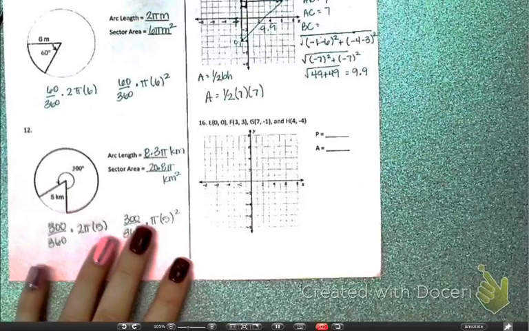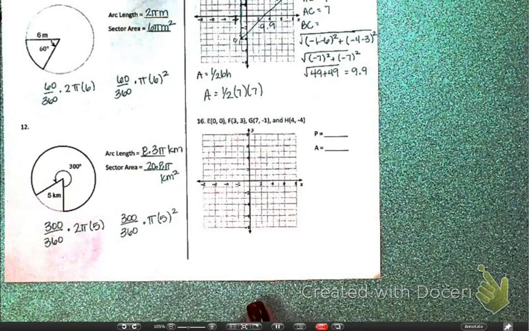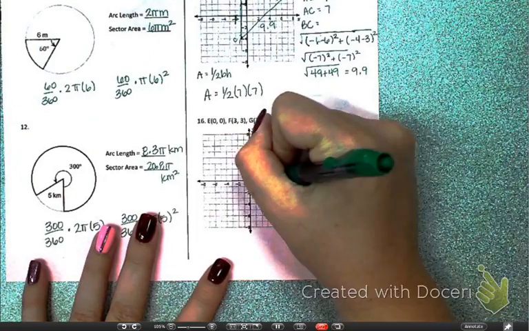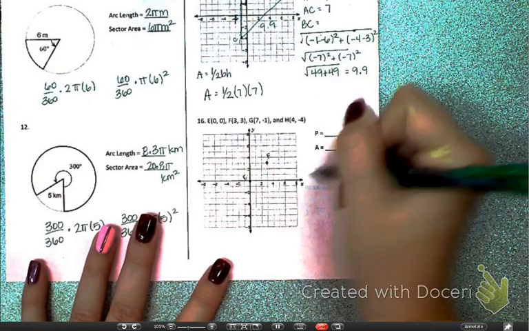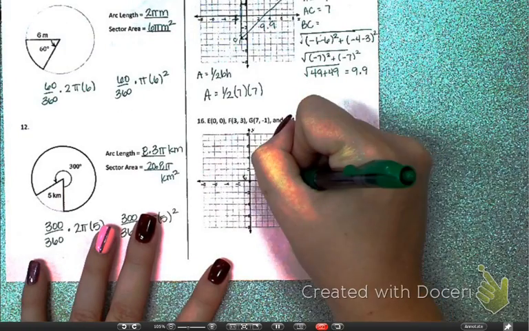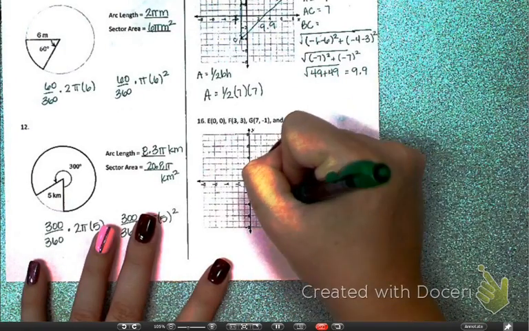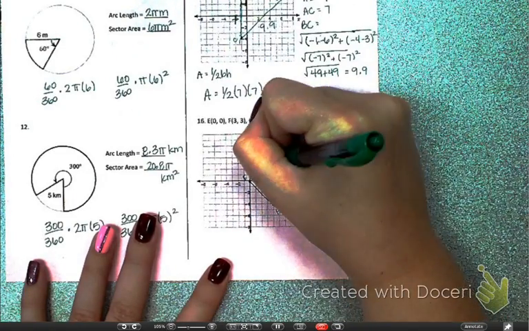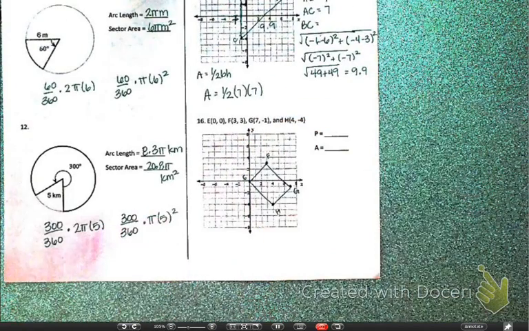Okay. Number 16. What's step 1? Plot the points. Graph it. So 0, 0 is E. 3, 3 is F. 7, -1 is G. And 4, -4 is H. So I've plotted my points. Can someone tell me what shape that is? A rectangle, which means